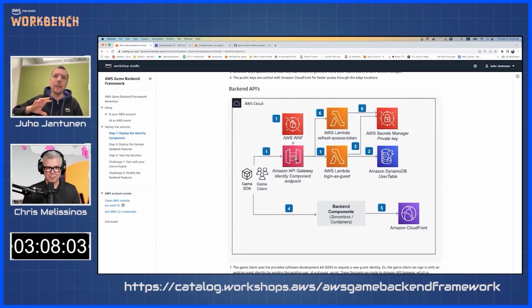So you have things like login as guest, refresh access token, login with Steam, APIs like this deployed. And we're just using guest identities, so we have only these API endpoints, login as guest and refresh. And the API is also protected with AWS Web Application Firewall. So this is a layer 7 firewall that manages things like